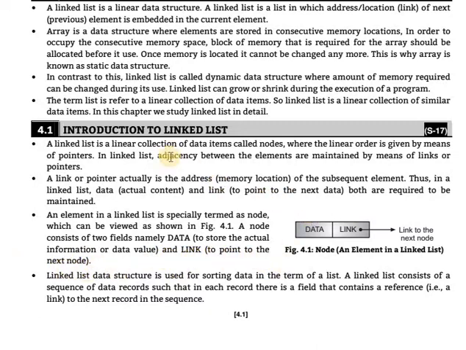Okay, in that, what is meant by a linked list? A linked list is a collection of data items, also known as nodes. It is a collection of nodes. In a node, two parts are there: one is the data and one is the link. What is meant by data? The actual information or data value, the elements that you want to store, in which field? In the data field.